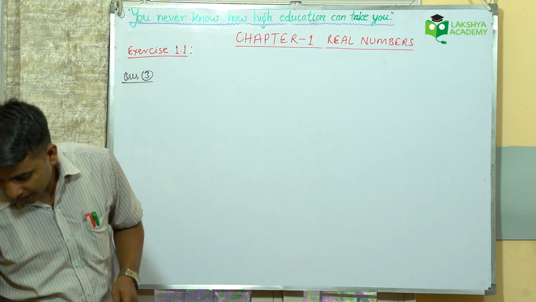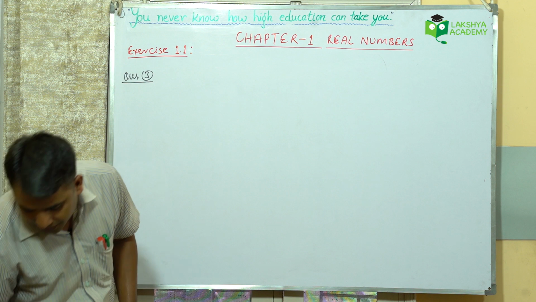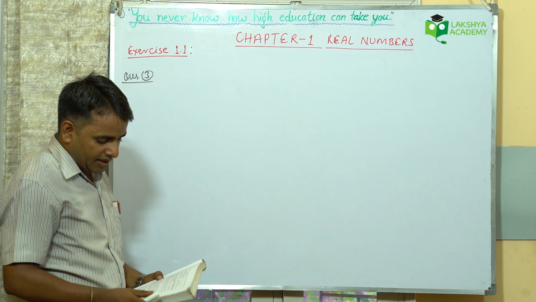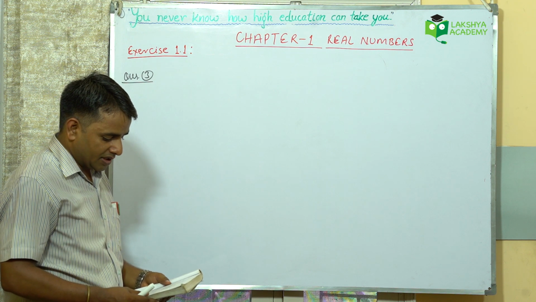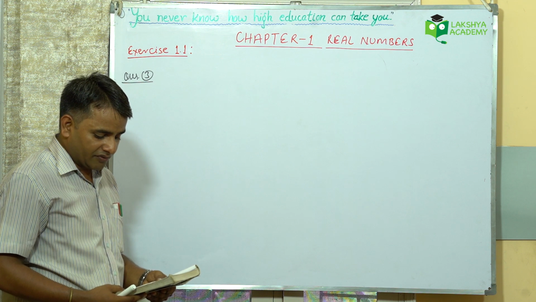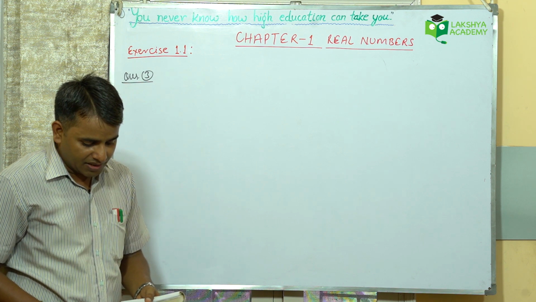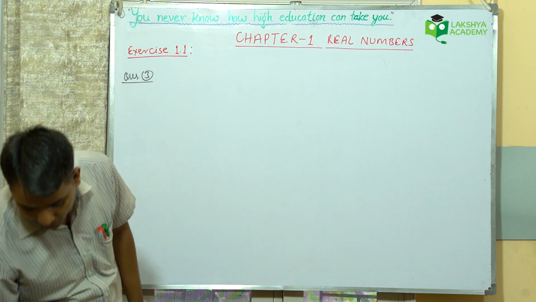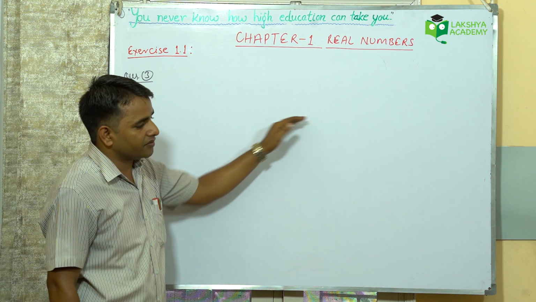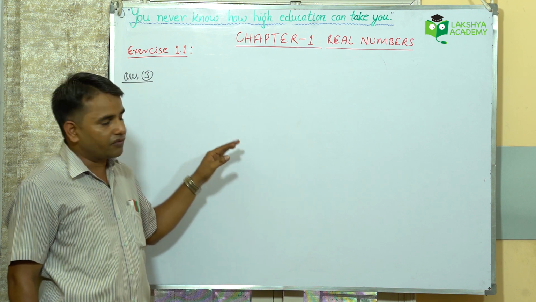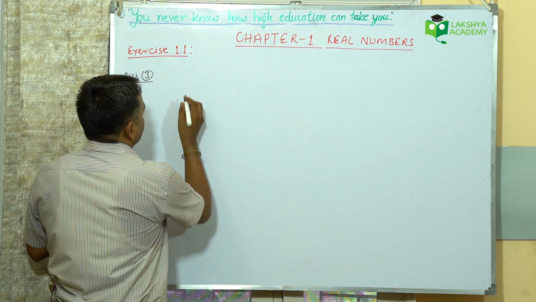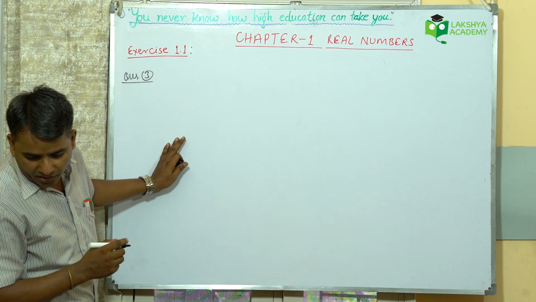The question is: an army contingent of 616 members is to march behind an army band of 32 members in a parade. The two groups are to march in the same number of columns. What is the maximum number of columns that they can march? Now see, we need to find the maximum number of columns in which the army contingent can march. So whenever there is a case of the maximum number, we go for the HCF. So we need to find the HCF